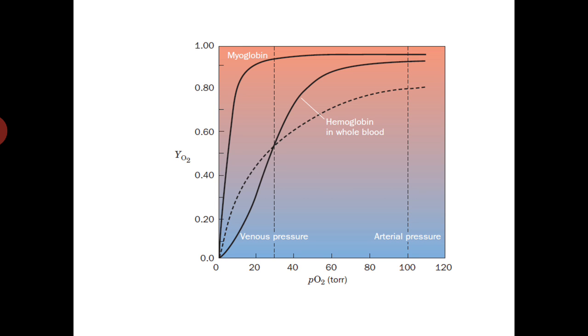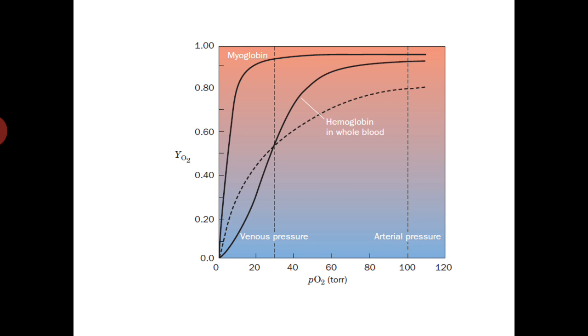This is the reason why myoglobin cannot work as the transferring medium for oxygen. Hemoglobin has a very high tendency to bind oxygen at high pressure. In the lungs we have a very high pressure, so it combines with the oxygen, and as it moves through the capillaries to the other parts of the body where it has to deliver the oxygen, the pressure is low, so it loses oxygen there.